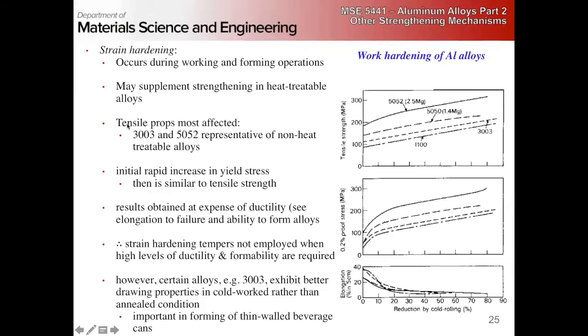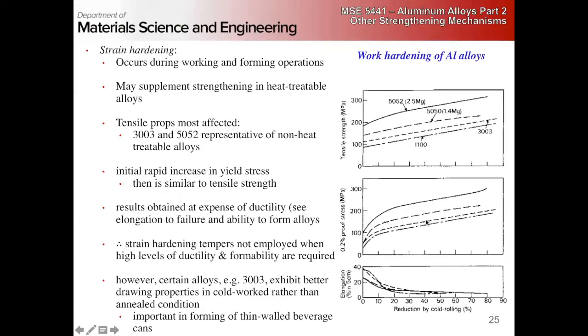Aluminum, as I said before, doesn't work harden significantly. It doesn't have a high hardening rate. It's not like steels in that regard, that we can get a big boost in flow stress. So if we look at the yield stress as a function of reduction by cold working,